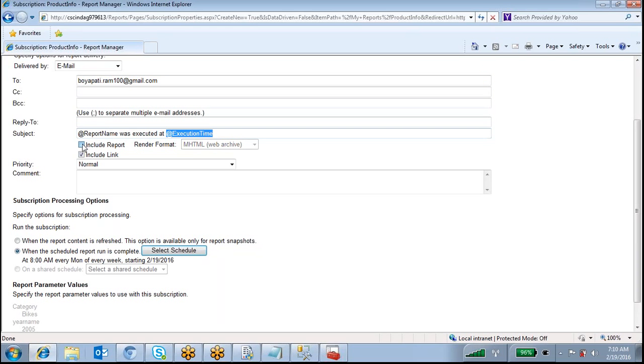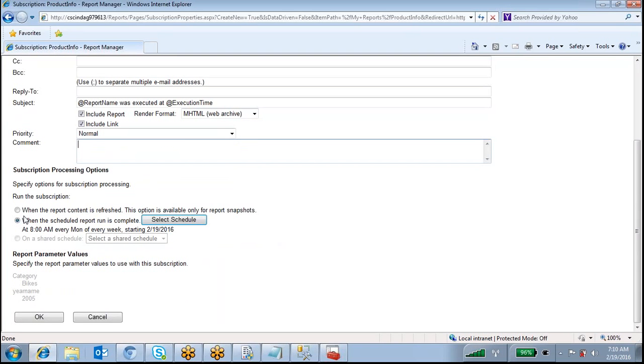See here, include the report, and in which format you are going to send this report: Excel format, PDF format, TIFF. Select any of these. What is the priority? Normal, low, high, and write the comment here also if you want to write anything. Then you have to schedule this report, run this subscription.